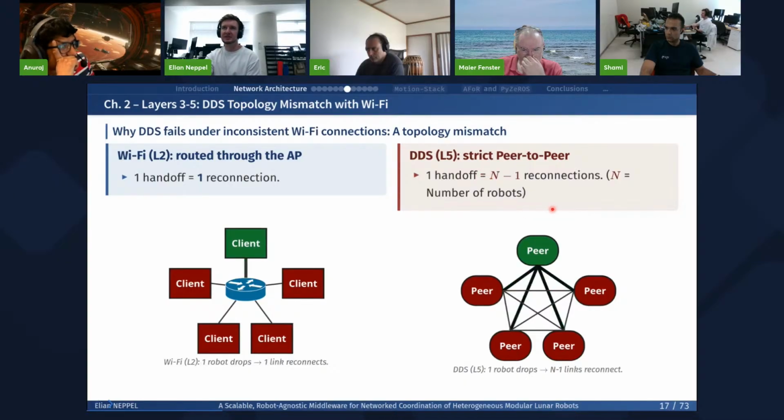So this means that when a robot disconnects and reconnects, we now have n-1 connections, where n is the number of robots on our network. So n-1 connections need to be destroyed and recreated, which takes much more resources and takes much longer to do. So the problem is not only at layer 2, it also propagates at layer 5, which with a peer-to-peer approach is not very suited for those kinds of events on the network.